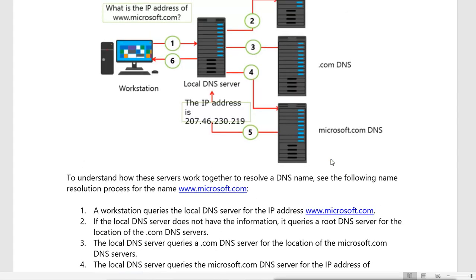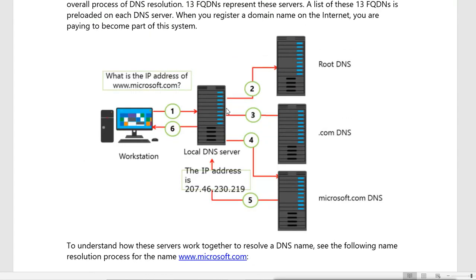Now what will the local DNS server do? This is the normal DNS server. It checks the name first, and it will check what the domain name is here. That means Microsoft.com. This is the fully qualified domain name, meaning the machine name including the domain name. So www is the machine name, and .Microsoft.com is the domain name. It will first try to check what the domain name is.